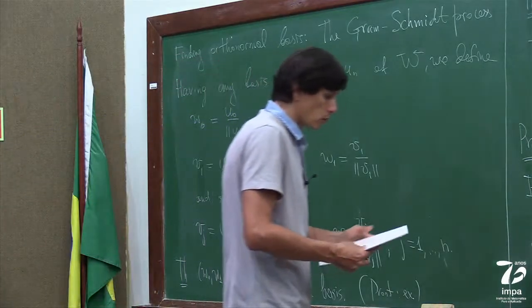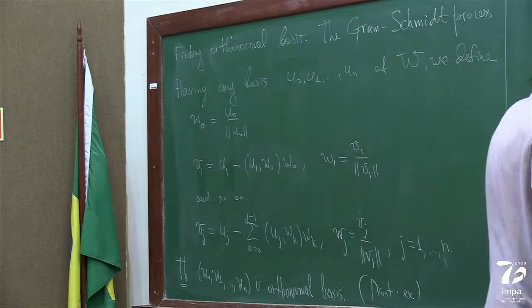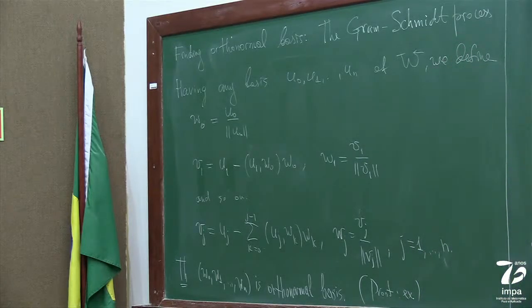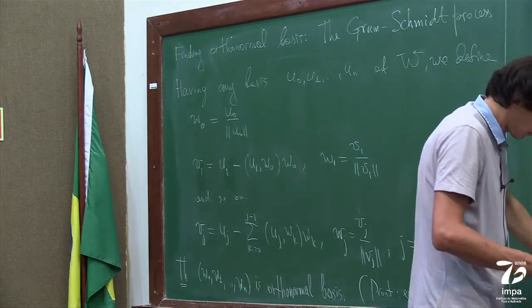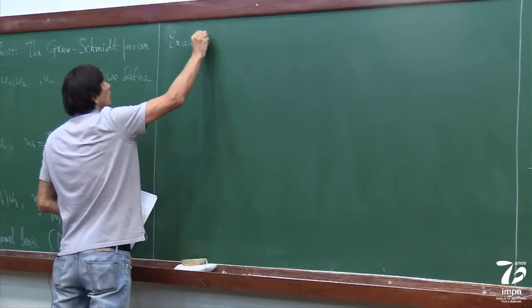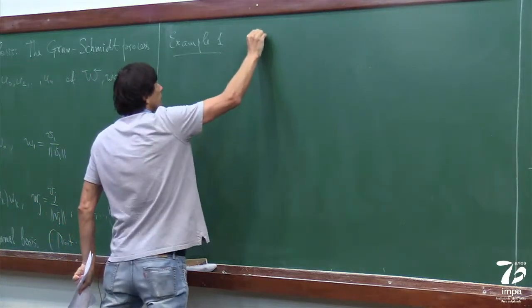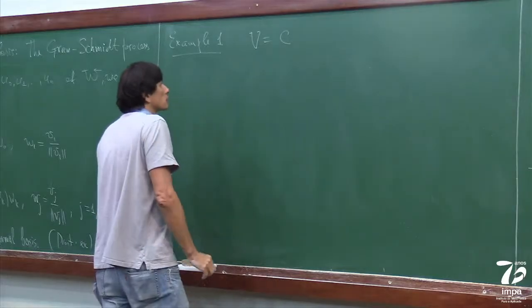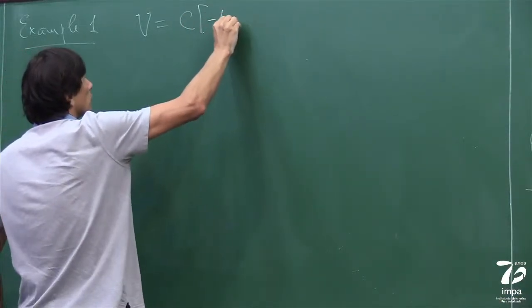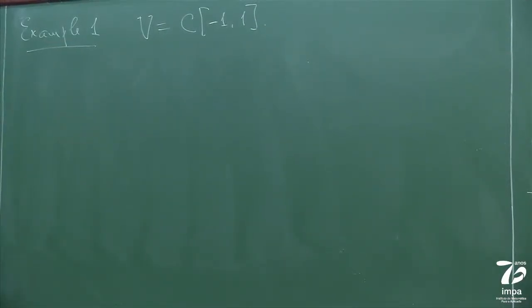That's simple. So important examples with which we will work. Consider V as the space of continuous functions on the interval from -1 to 1. And now W will be,